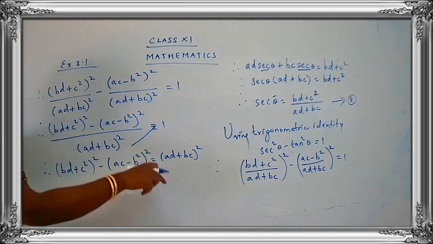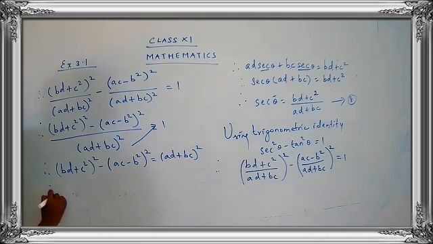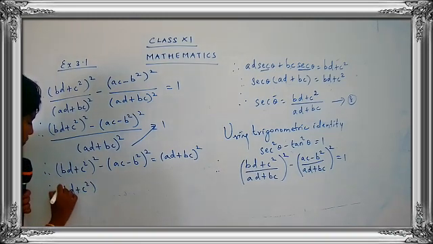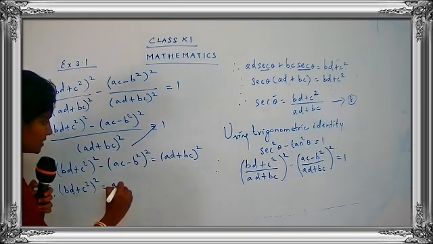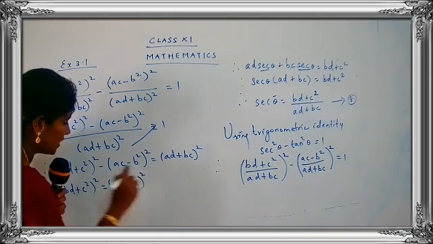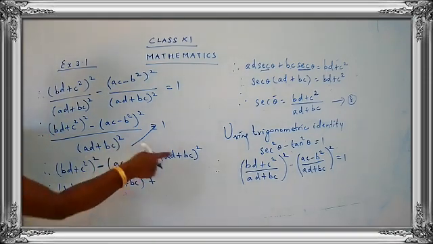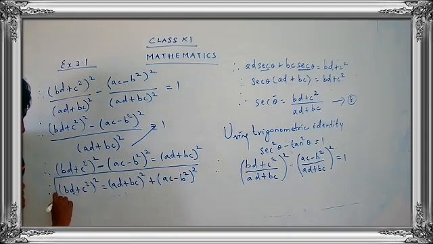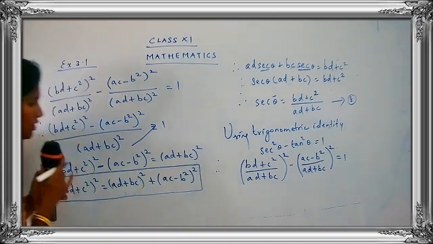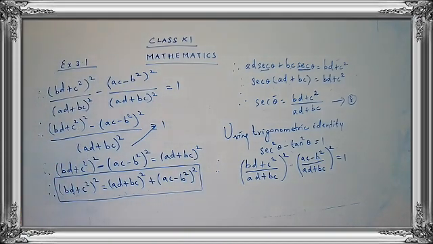We can stop the answer over here, or we can have one more step. You can say therefore (BD + C) the whole square is equal to, the minus when it goes to the RHS it turns to be plus, (AD + BC) the whole square. This is minus, so it turns to be plus (AC - B) square. So this is the answer. Highlight your answer. So what do you get here? (BD + C) the whole square is equal to (AD + BC) square plus (AC - B) the whole square. I hope you people are clear.